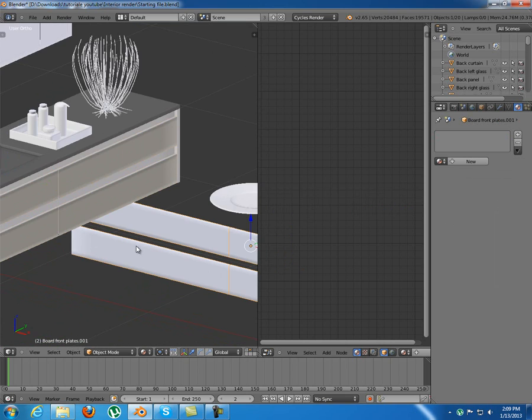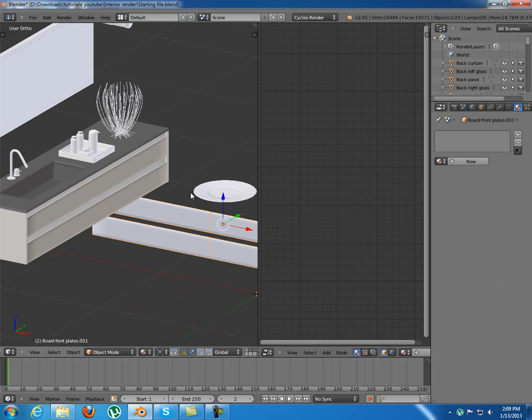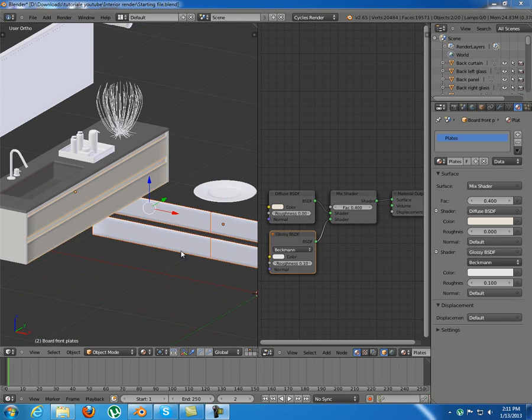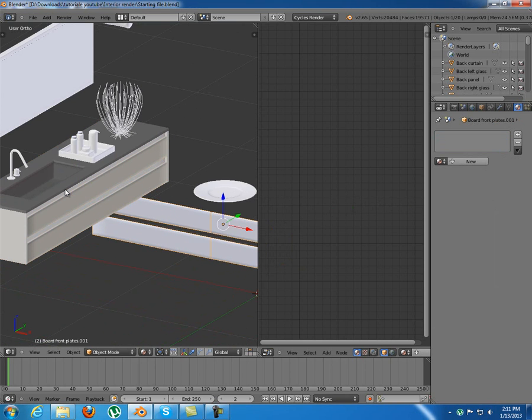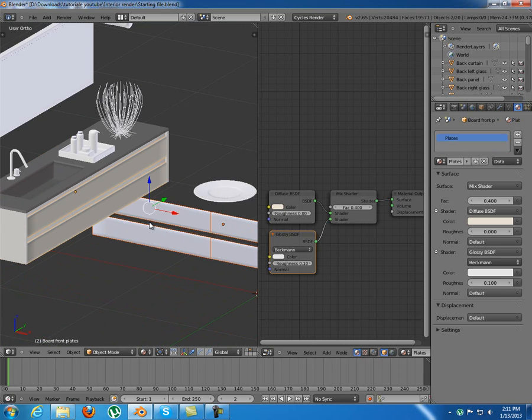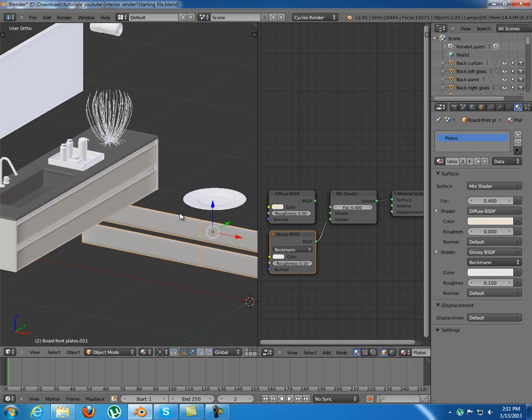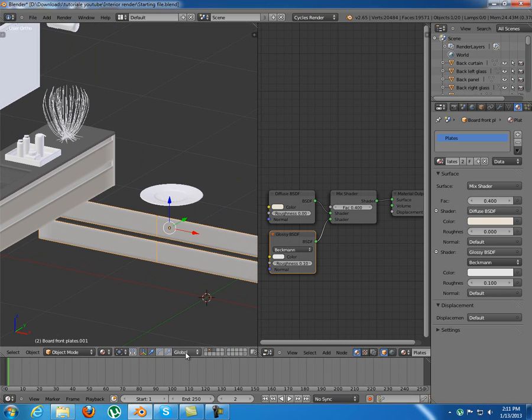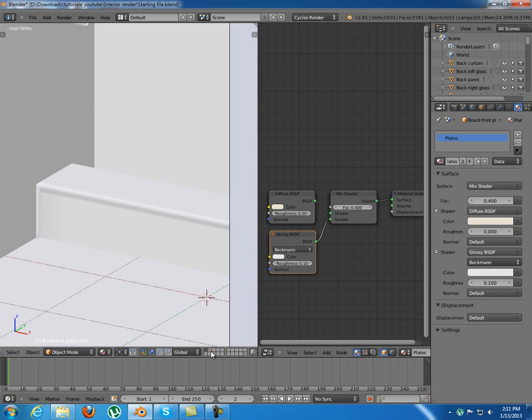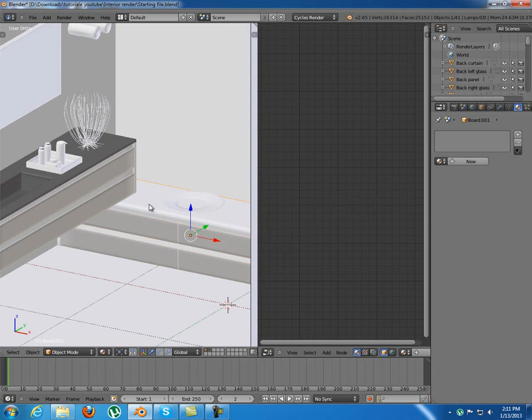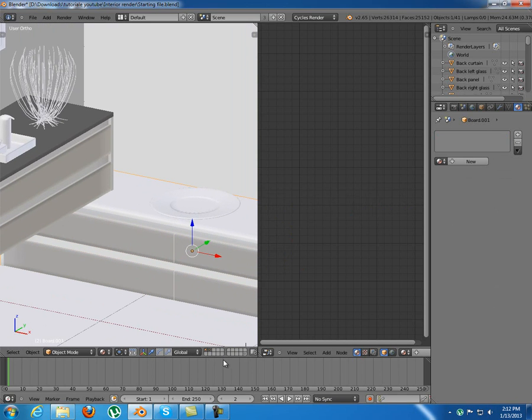I'm gonna apply it to this one as well, so just select that and make sure this is selected second. Okay, and press Ctrl L to link materials. Okay, I'm gonna switch a little bit to the first layer, and